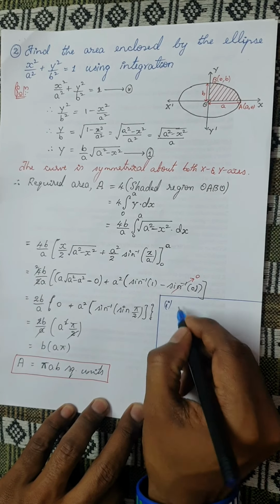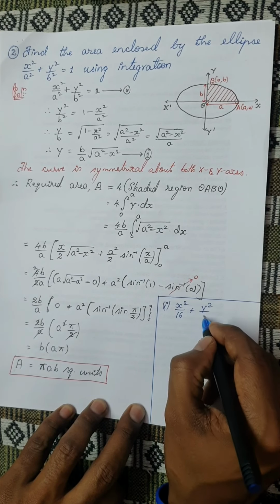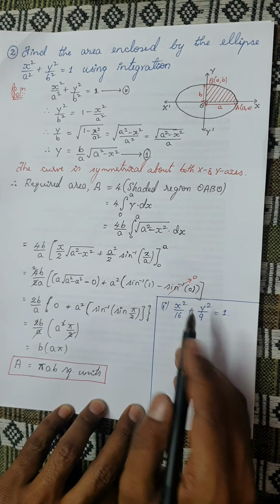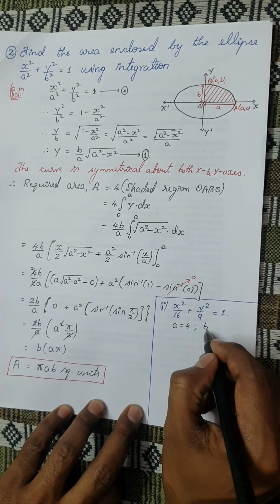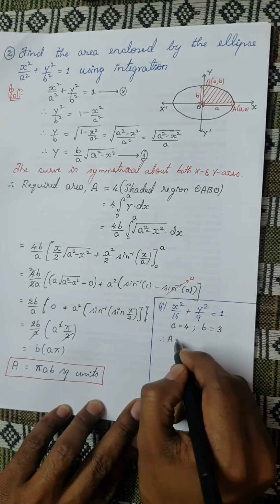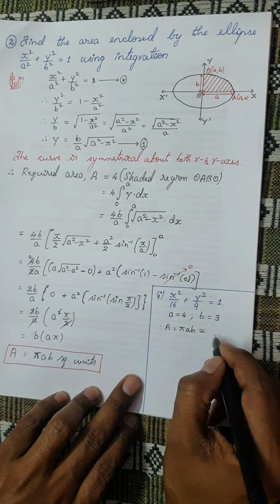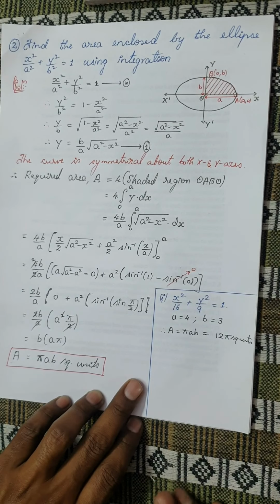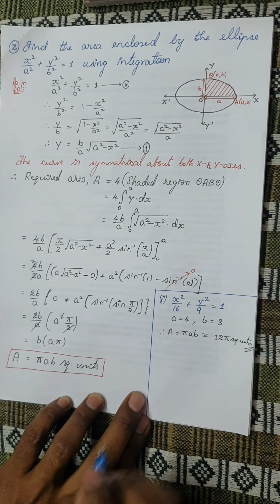Now in case they ask you an extra question saying, and hence find the area of the ellipse, let me take the first one. If he gives x square by 16 plus y square by 9 is equal to 1, a particular ellipse, and asks you to find the area, you can see here a square is equal to 16, so a will be 4, and b square is equal to 9, so b would be 3. Therefore area is pi ab, that is 4 into 3 is 12, so you will get 12 pi square units. This would be the area of the ellipse x square by 16 plus y square by 9 is equal to 1.